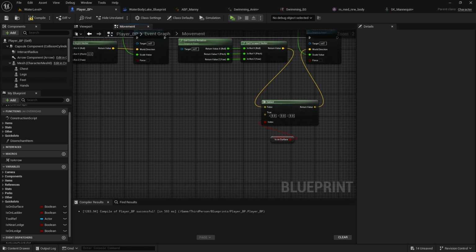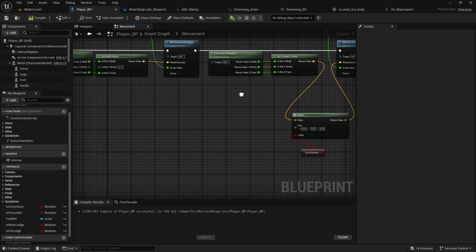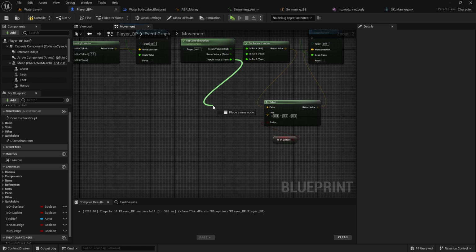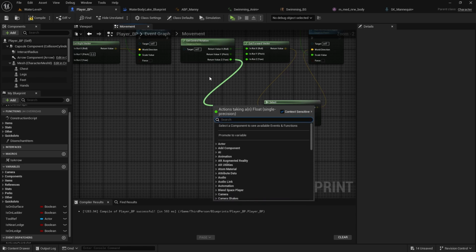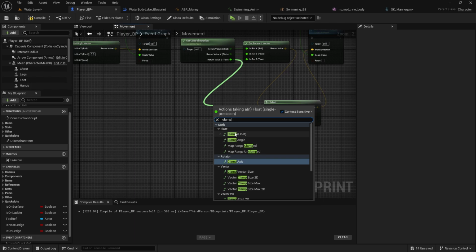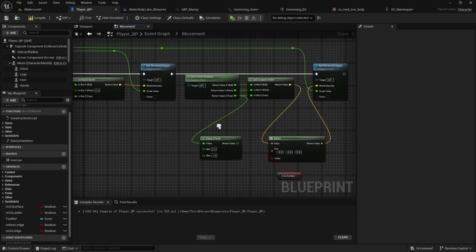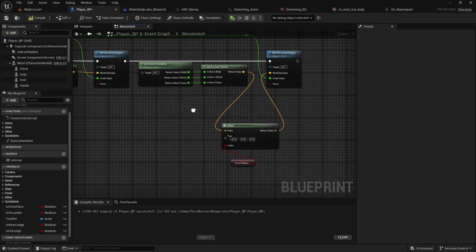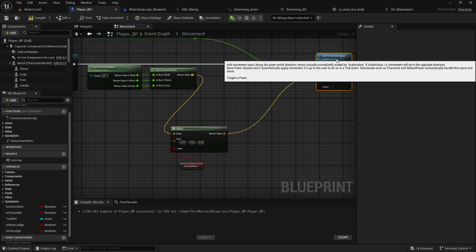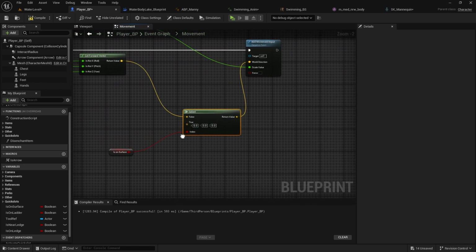If we are on the surface, we need to drag from the Z value, because that is the one that goes up or down, and we need to clamp it, clamp float between, sorry, my bad, because we need to go from the vector, not from this one. We need to clamp the vector. So move this back,